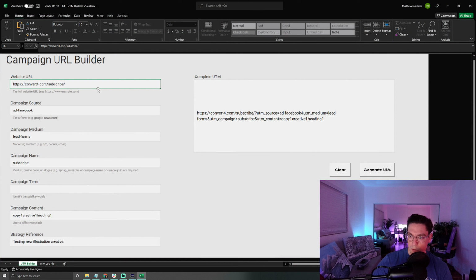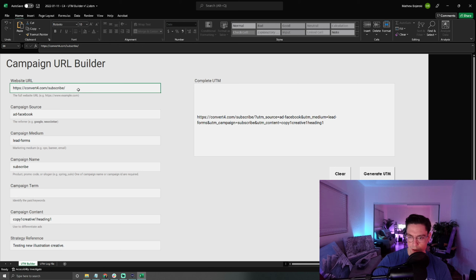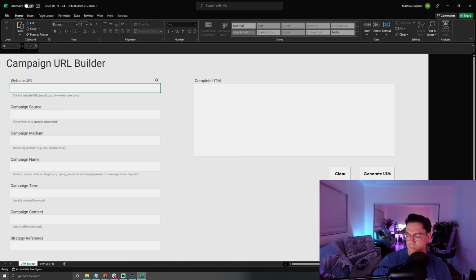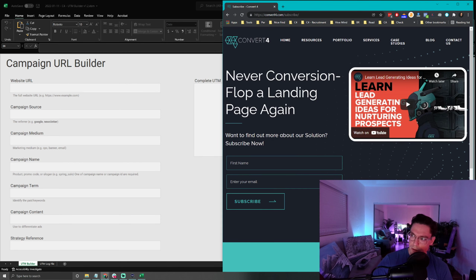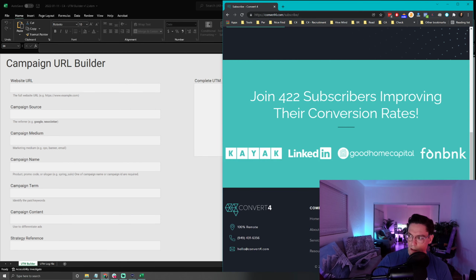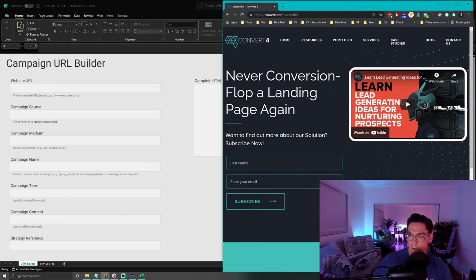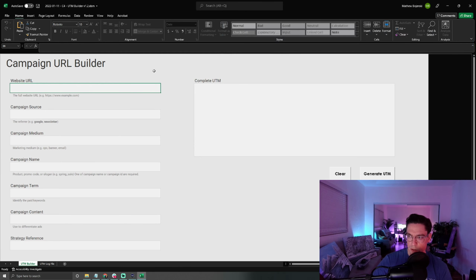So looking at my screen, we're going to be basically focusing on this campaign URL builder. It's very similar to the Google URL builder, but with a simple twist. So I'm going to show you guys how it works, and I'm going to copy this URL so I don't forget what we're creating here. But what we're going to be working on is building out UTMs for our subscribe page. This is basically where we send traffic from organic, we send traffic from paid, and we want to keep tabs on how well it's performing. So we're going to create some UTM strings to make sure that we're having the correct tracking capabilities in Google